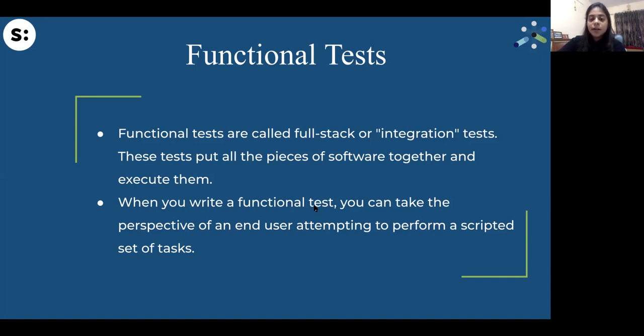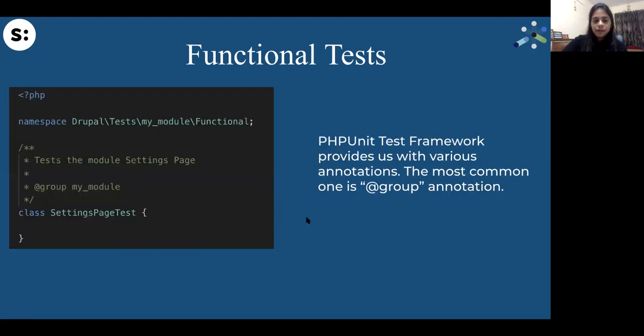I will check the status code, whether it is coming correctly or not, whether the data is present or not, and whether all the links are correctly present on the page or not. Like this, we check whether the functionality is working fine. These tests are the easiest to write, I can say, because there's a scripted set of tasks, a checklist that you have, so you just have to convert that manual checklist into code. So that's how we write functional tests. We'll see an example of a functional test.